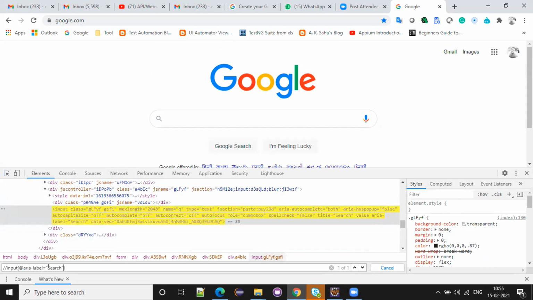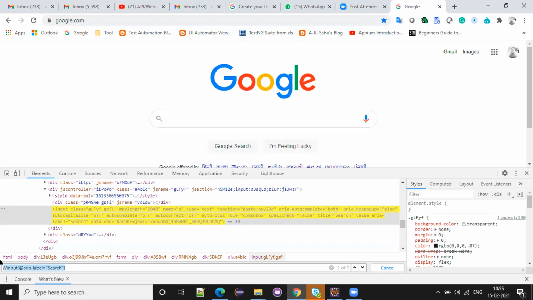You can keep double quotes or single quotes, it doesn't matter. See here, this is the tag name, input; this is the attribute, aria-label; this is the value. So this is the basic way you can write XPath.